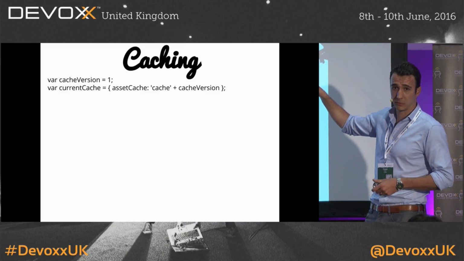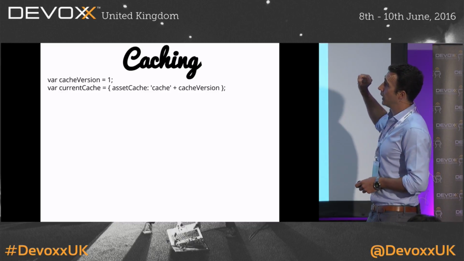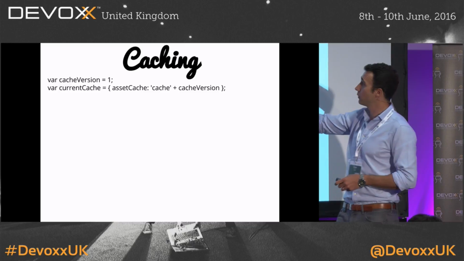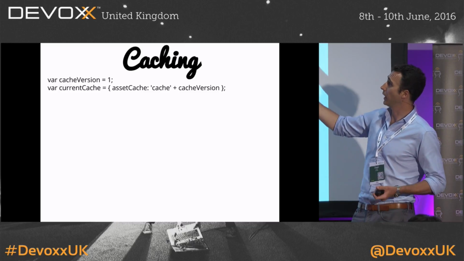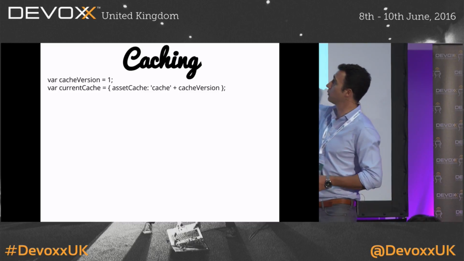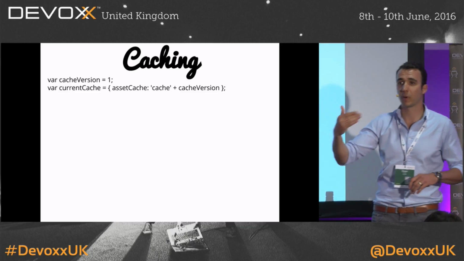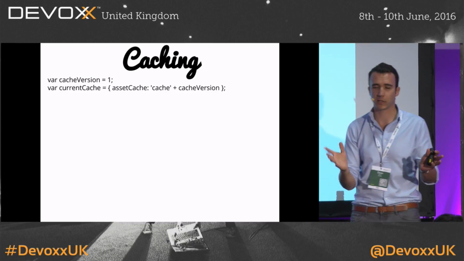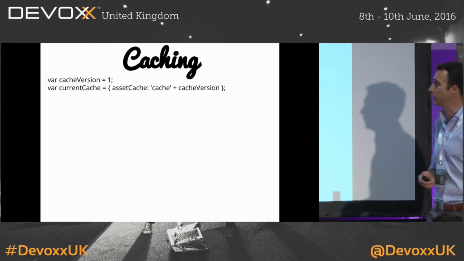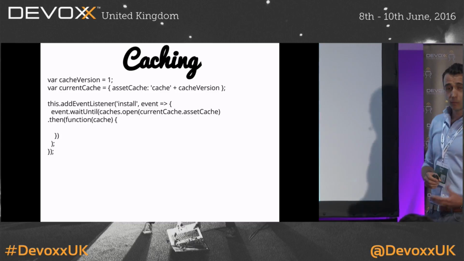I've created 2 variables at the top. This is in JavaScript. I've got a cache version in there, and it's creating a little cache object called current cache. You can see it's really just a string that's appending the cache version, because every time you want to change your cache, you just bump the number. There are different techniques you can use, but for this example, we'll go through this. We then want to say,